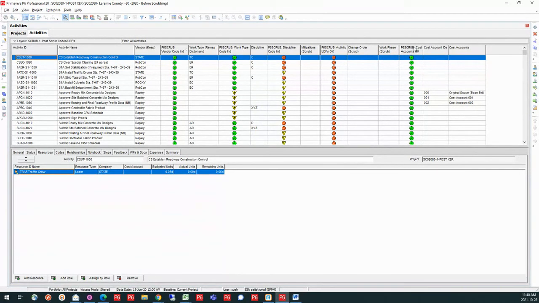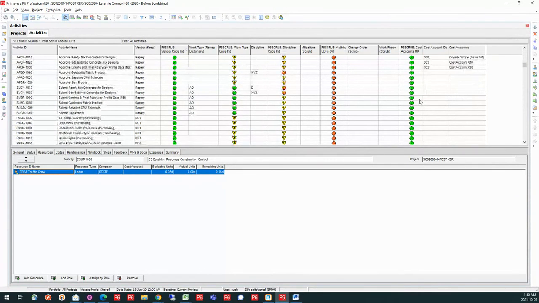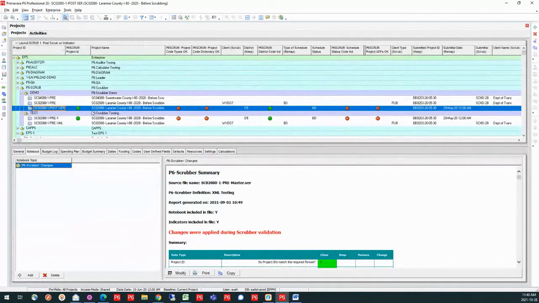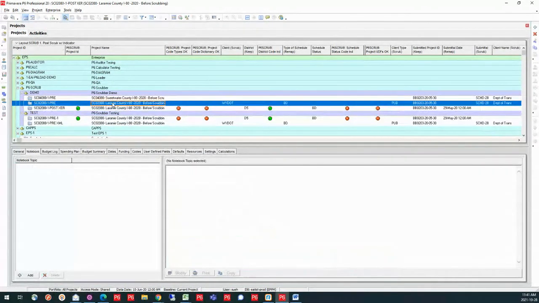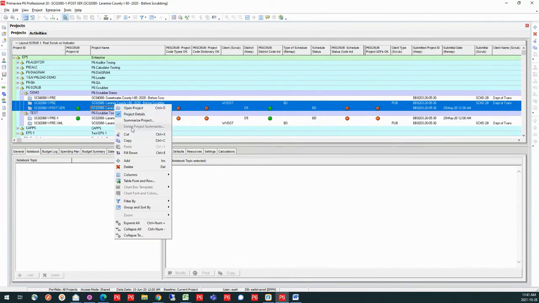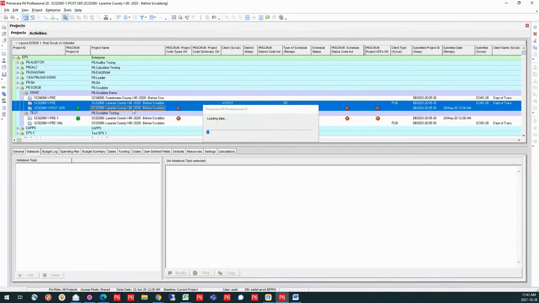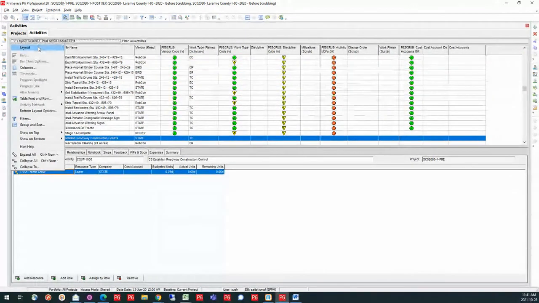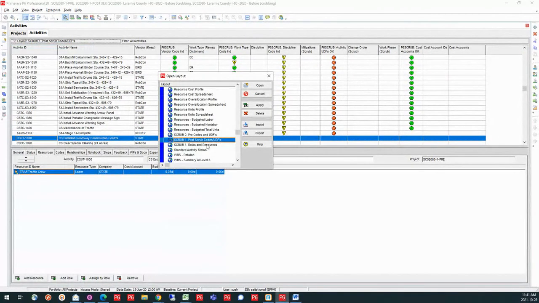And then for my cost accounts, I've got my cost accounts that all look good. The few that I had matched up just fine, and we were good to go. Now, the last thing I want to show you while we're here is how my roles and resources did change. So I wouldn't, of course, necessarily have my original in a database, but I do have my original here, and I'm going to go in and we're going to take a look at how those changed for us in our activities. Let me just put on a role and resource